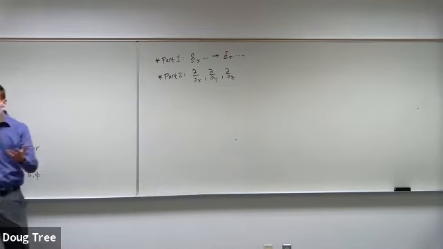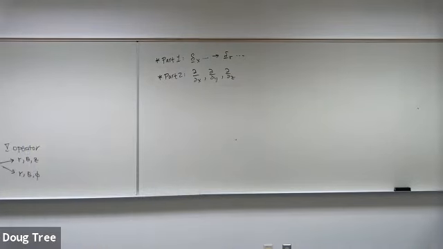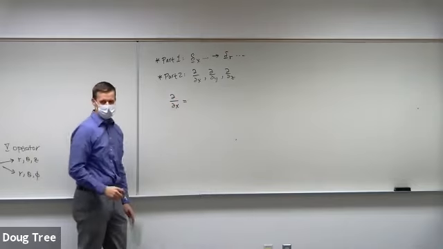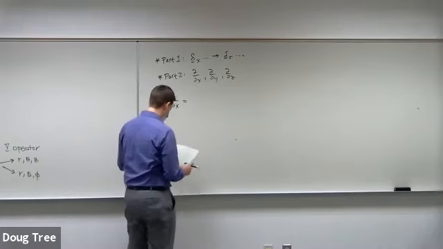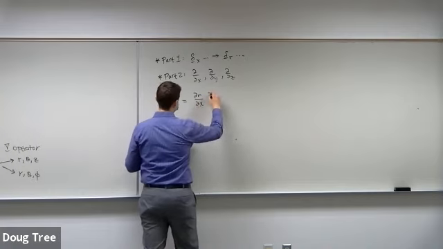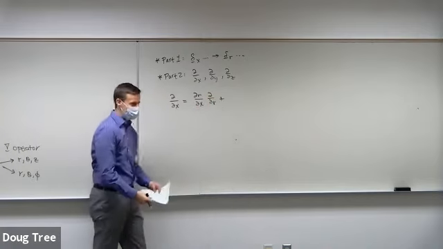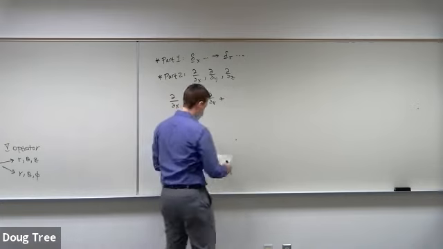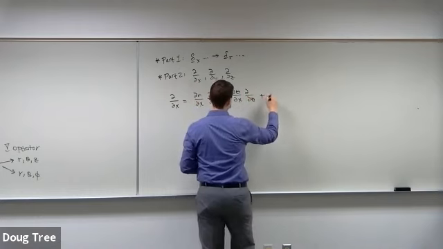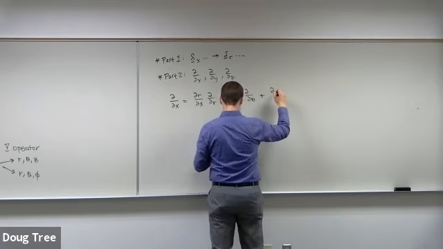How are we going to get those derivatives? The answer is the chain rule. In calculus, we know how to take derivatives and express them in terms of other derivatives. That's the chain rule. So if I have a derivative with respect to x, let's say I'm going to do cylindrical coordinates here, I have dr/dx times the derivative with respect to r, plus all the stuff that comes from theta, plus all the parts that come from z.